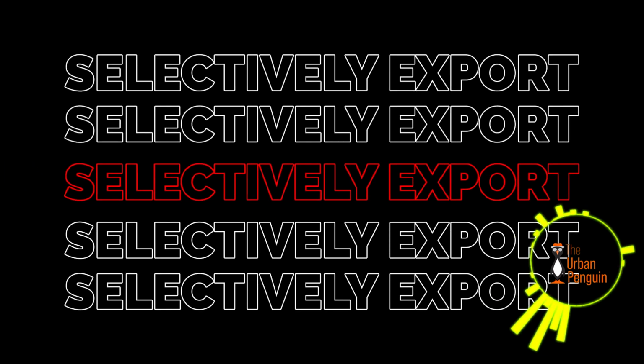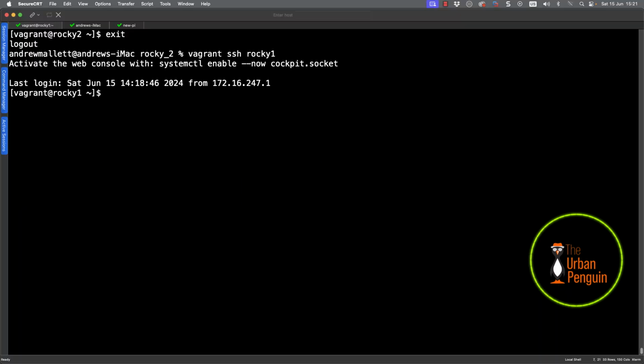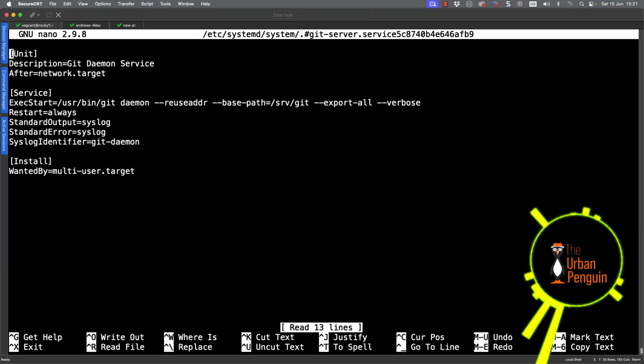The next option we're going to take a look at is selectively exporting our repositories rather than exporting them all. So again, we're working on our Git server Rocky1 and we're editing our service unit file.